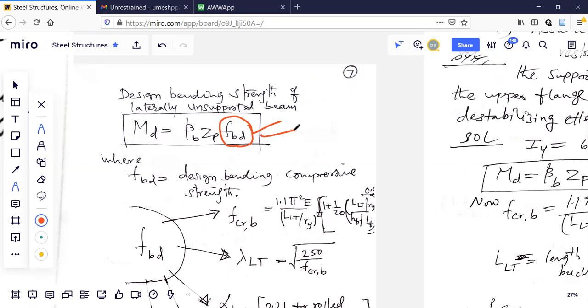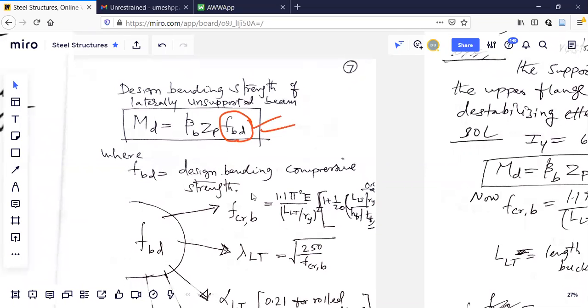In your syllabus, problem number 1 of your module 1 will be this. Or shear center. Shear center I will not explain right now. It is a very different concept. What is the shear center? How to understand? That is still more tricky than this. Any one question you have to solve actually in the exam. But anyway, we'll take it up later on. So this is, see this.